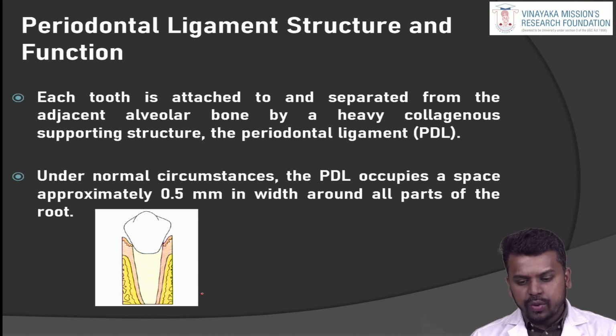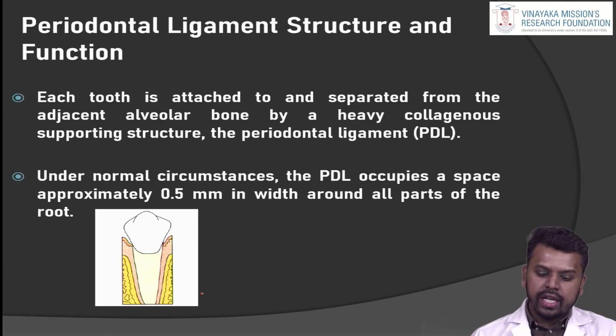Each tooth is attached to and separated from the adjacent alveolar bone by a heavy collagenous supporting structure, the periodontal ligament. The periodontal ligament is the ligament which surrounds the tooth, separating each tooth from the alveolar crest. Under normal circumstances, the PDL occupies a space approximately 0.5 mm in width around all parts